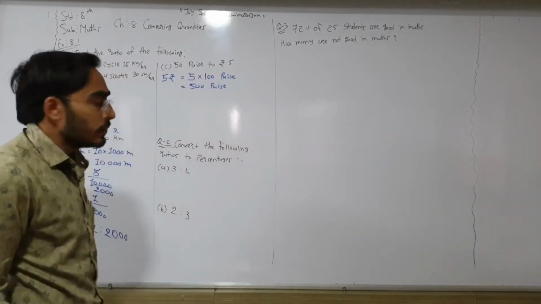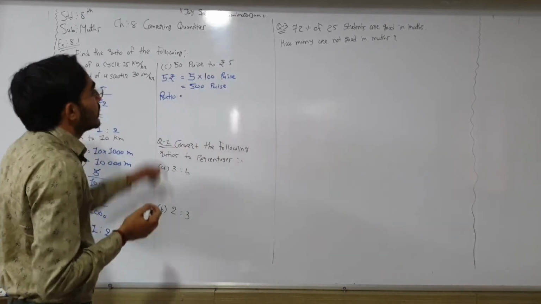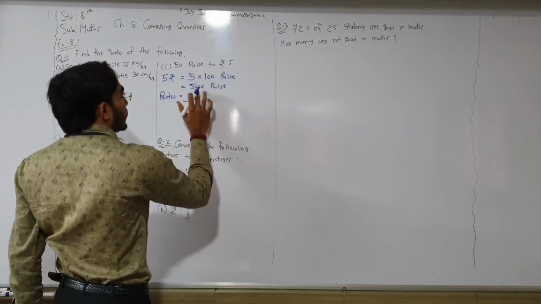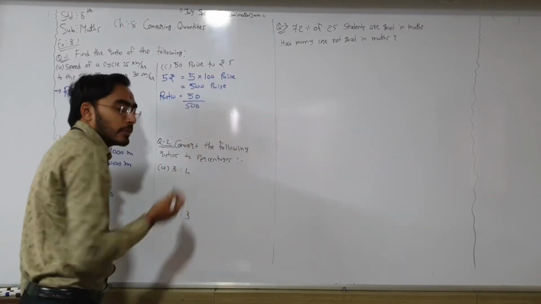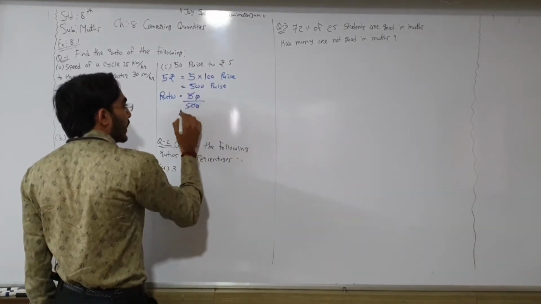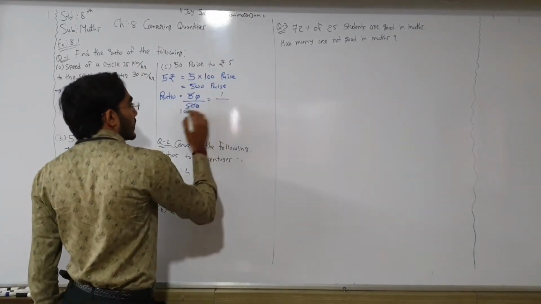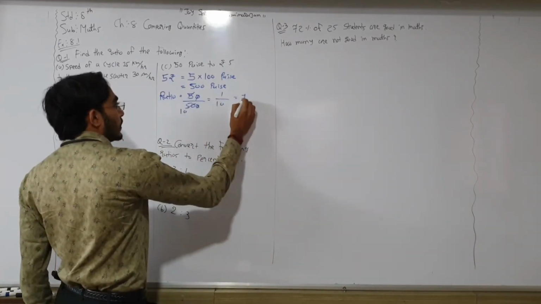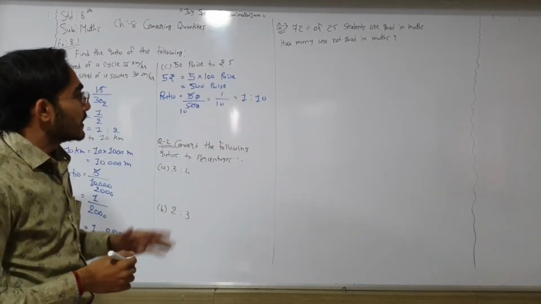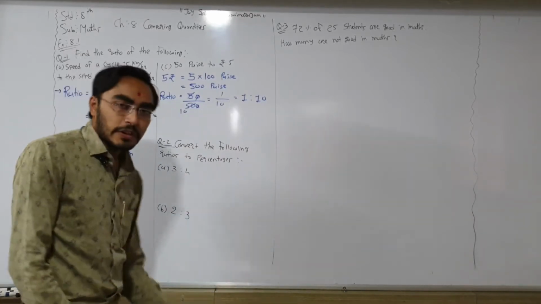Now we need to find the ratio. Numerator 50 paisa divided by, in place of 5 rupees, 500 paisa. So 50 divided by 500. The 0 and 0 cut. We need to simplify it. 5 tens are 50. Nothing is remaining in the numerator. So 1 divided by 10. Our ratio is 1:10. This division is represented in ratio by the colon. So question number 1 is over.